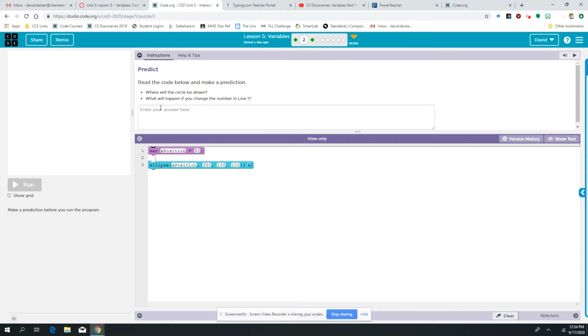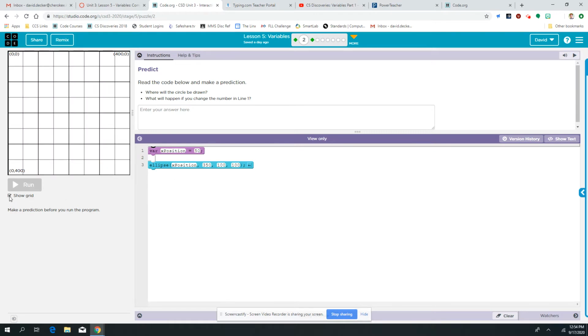Where will the circle be drawn, and what will happen if you change the number in line 1? All right, so line 1's right here. We've got a variable set up on line 1, and it's tied to this block of code right here that's making an ellipse. So based on what we know, and I'm going to click Show Grid over here, based on what we know about